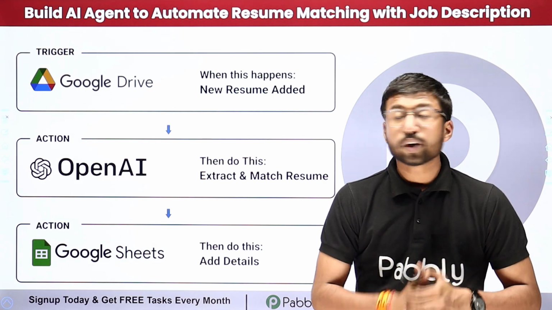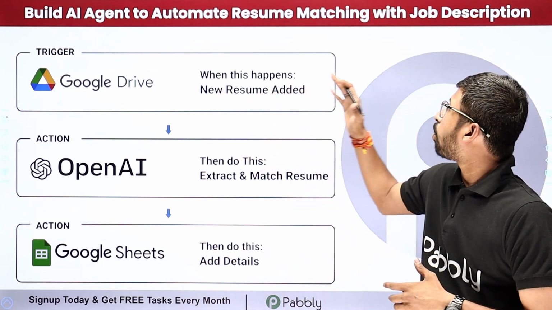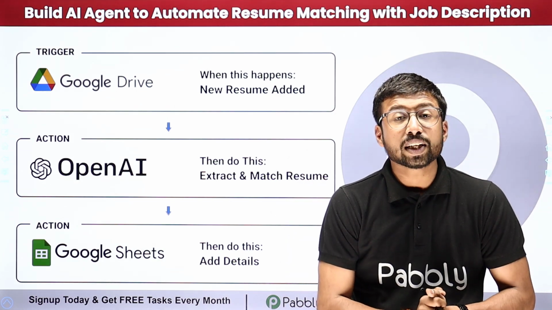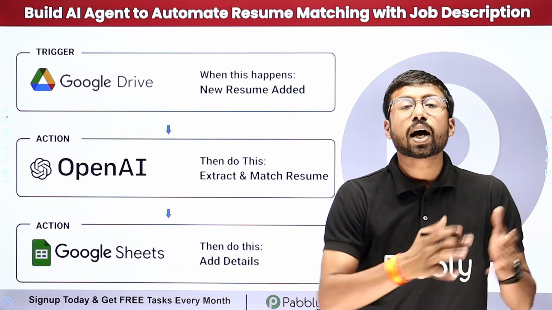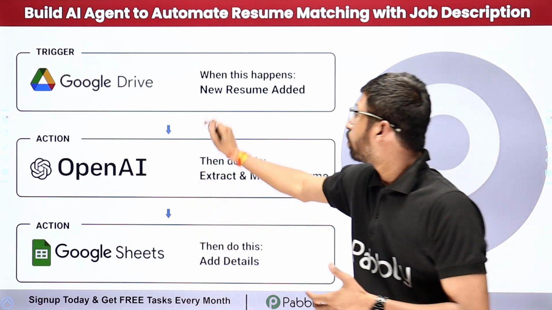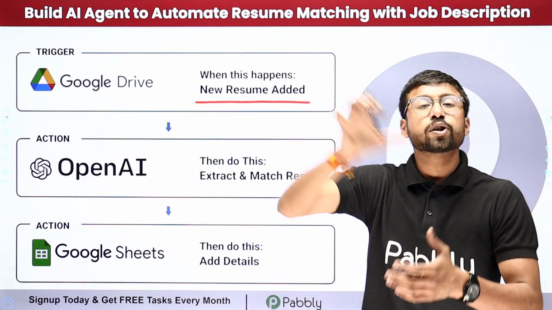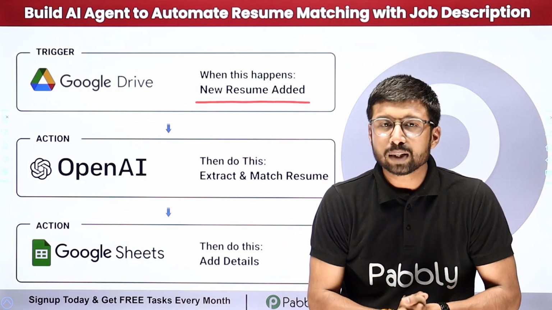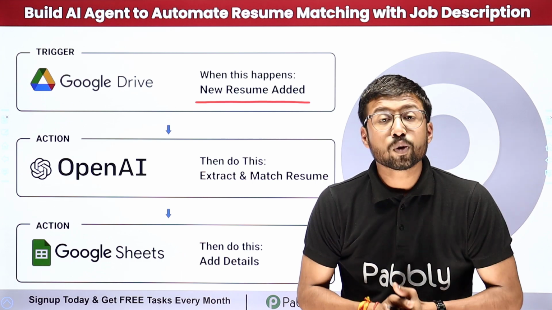So in this video, we are going to learn how to build an AI agent to automate resume matching with a job description. We are going to build an AI agent using which, just by adding the resume file in your Google Drive folder, this AI agent will get the new resumes from Google Drive. After getting the resume, this AI agent will send the same resume to OpenAI, and using OpenAI, it is going